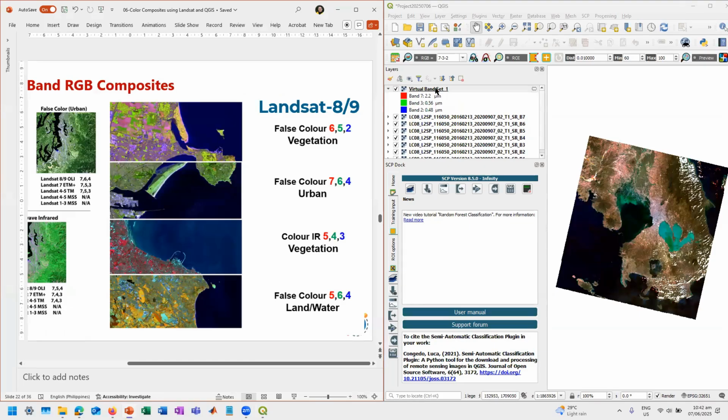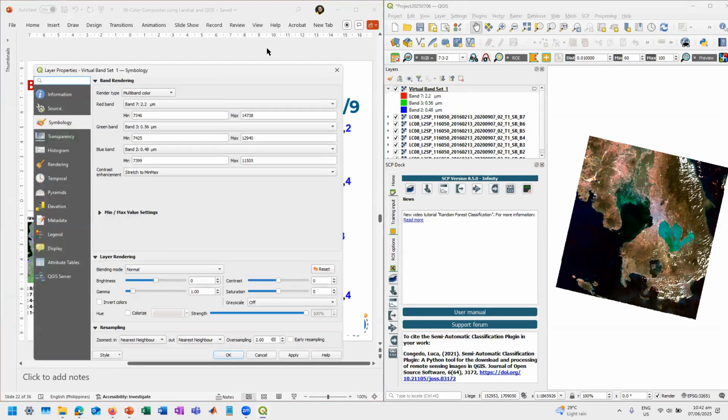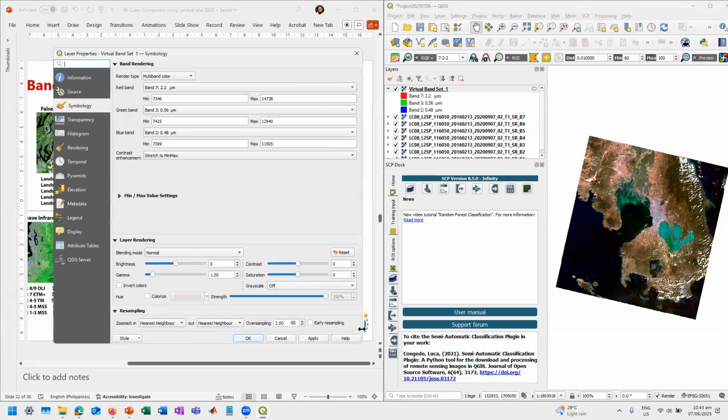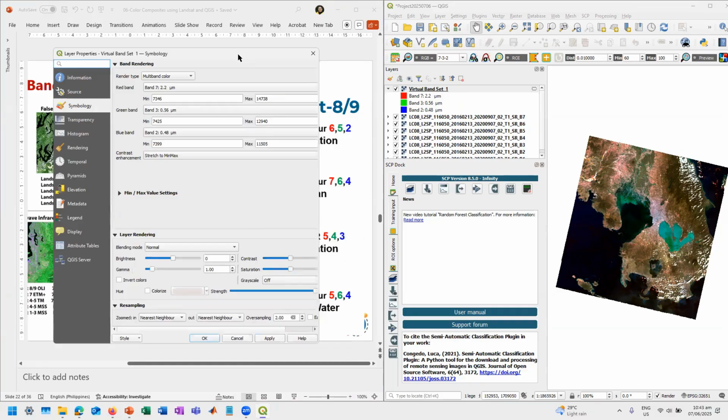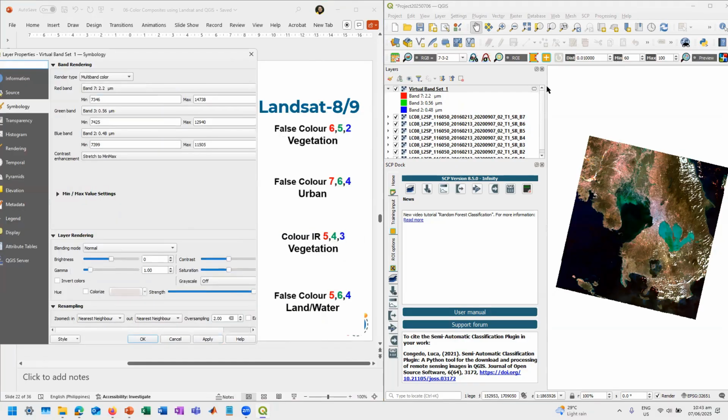If you want to change this, you just double click this link, and this layer properties will show. Okay, so we can adjust the number. So currently, the assigned bands is band 7 for red, then band 3 for green, and band 2 for blue.